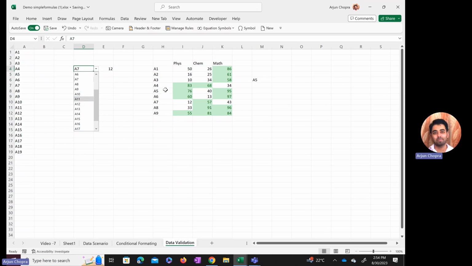So here the data is only up to A9, so it can go only up to A9. Here I'll select A3, and A3 marks is 10. And then if I look at A2, A2 marks is 16. So hopefully you were able to understand why the list is important and how it is useful in the various